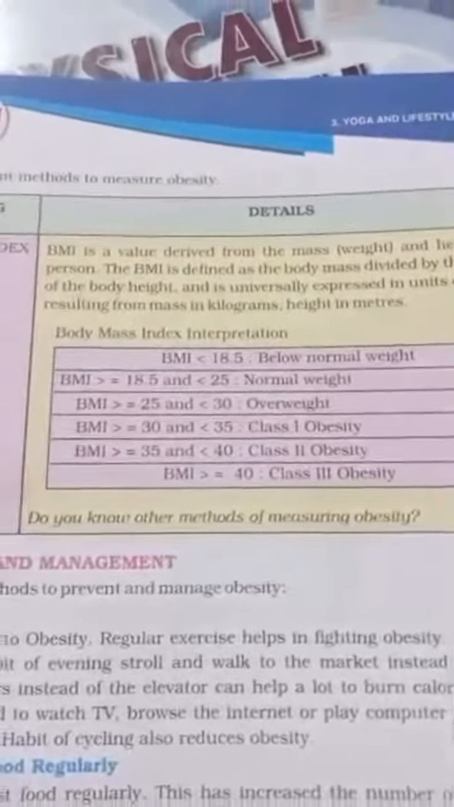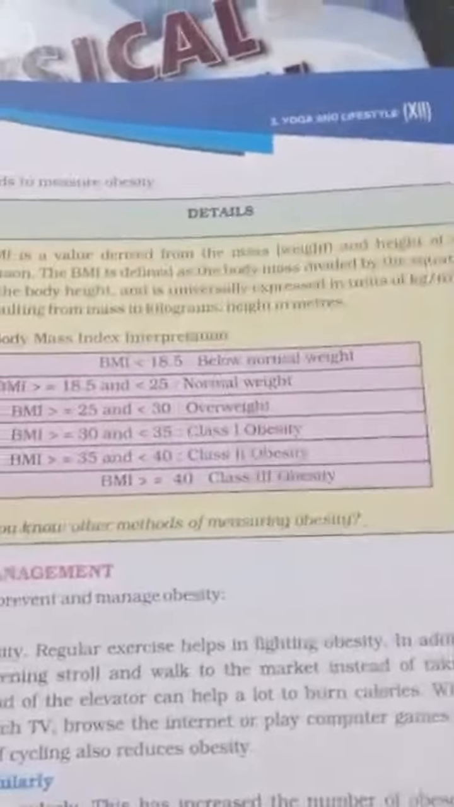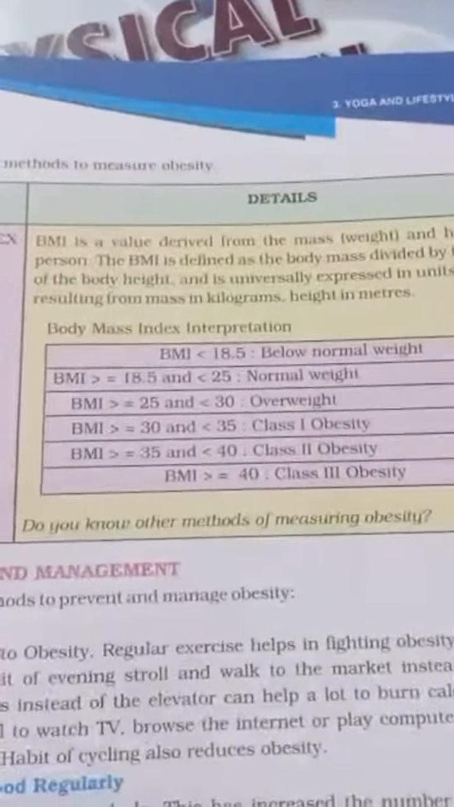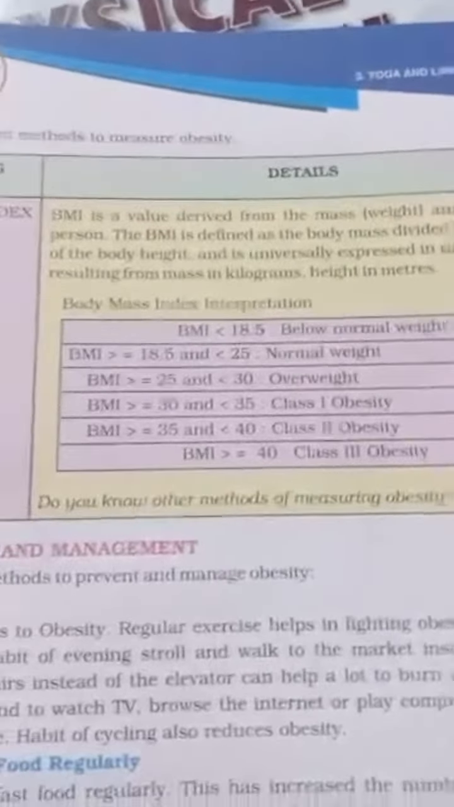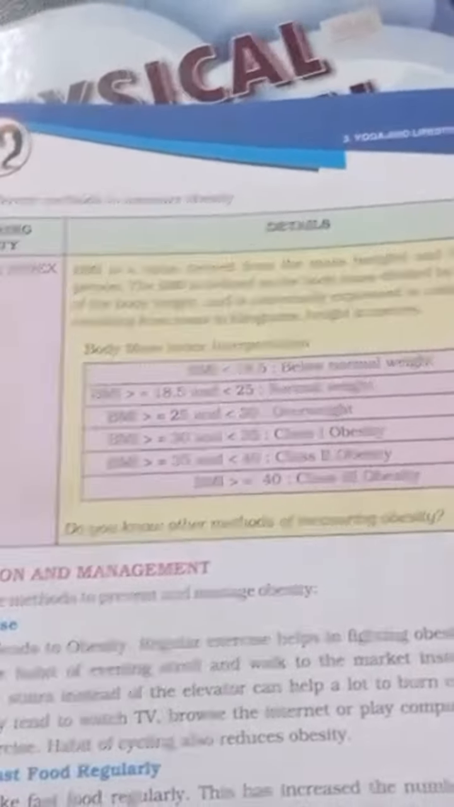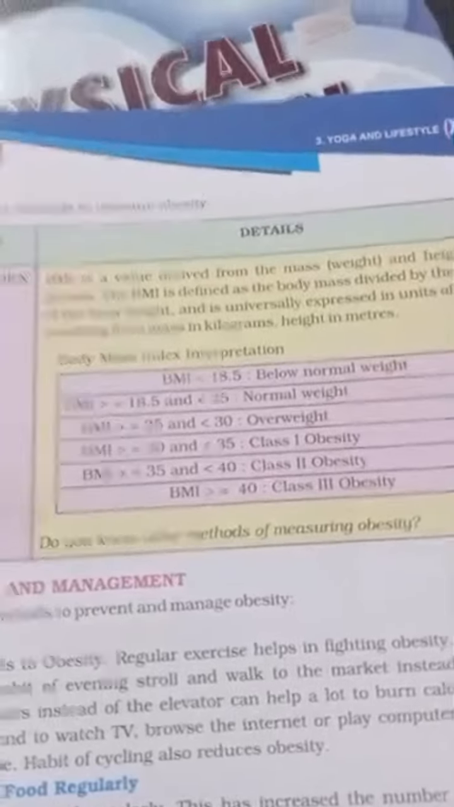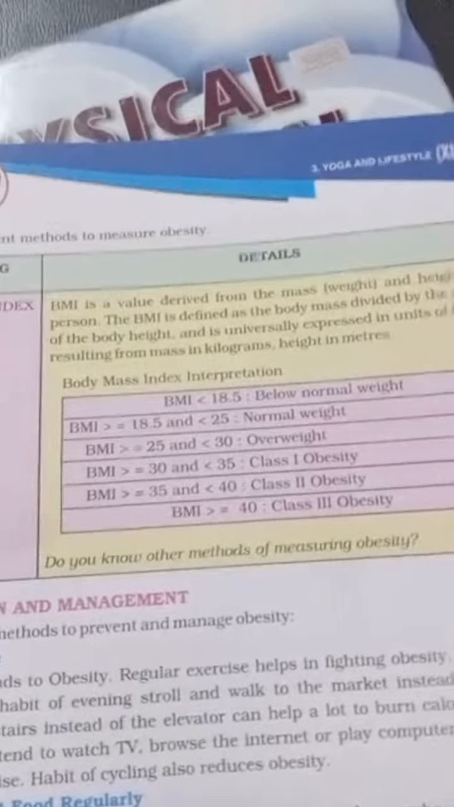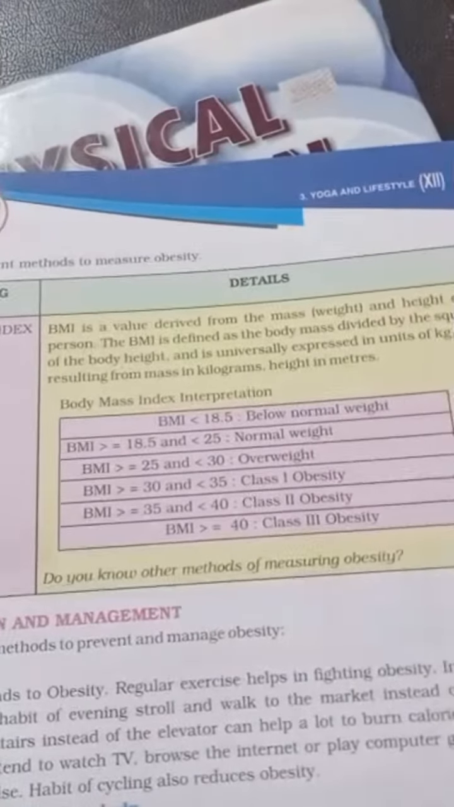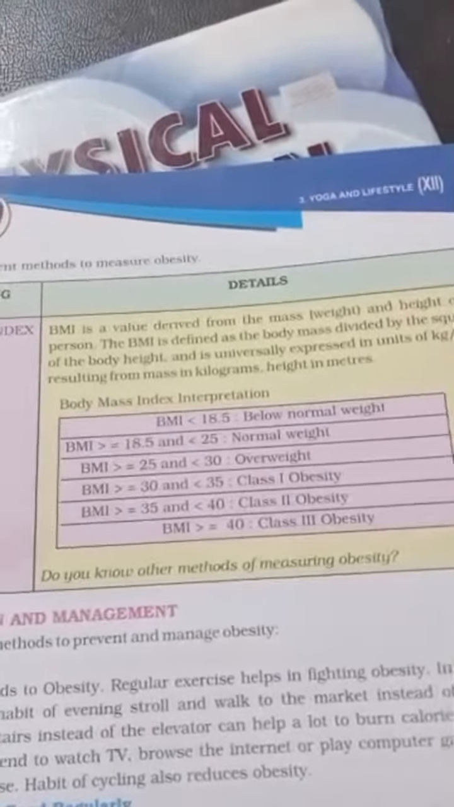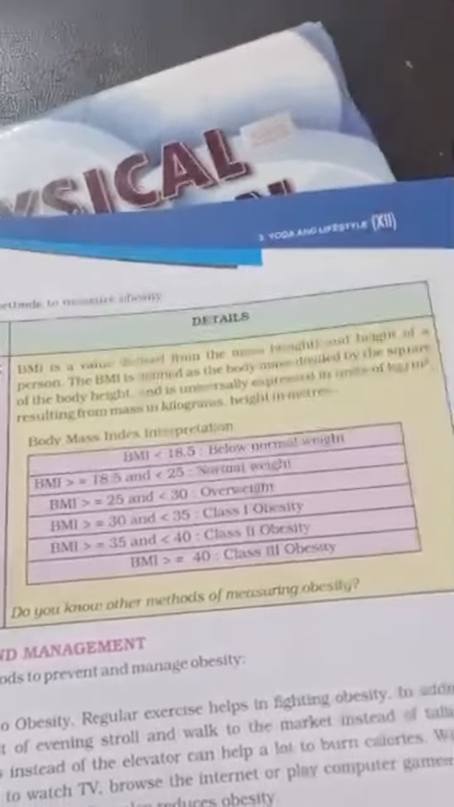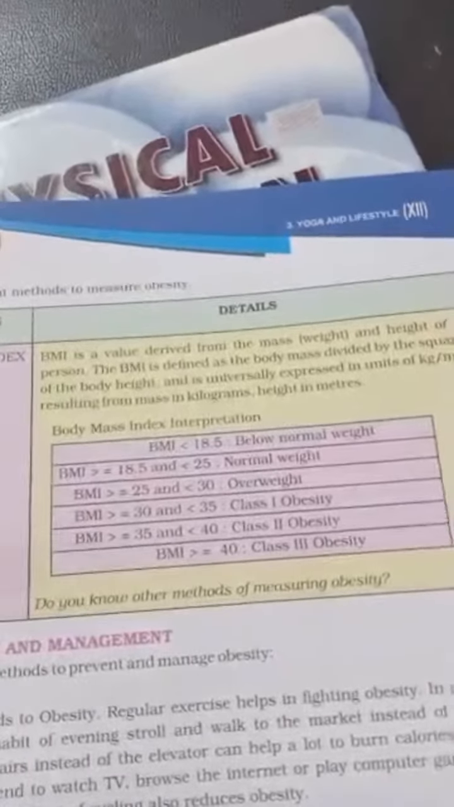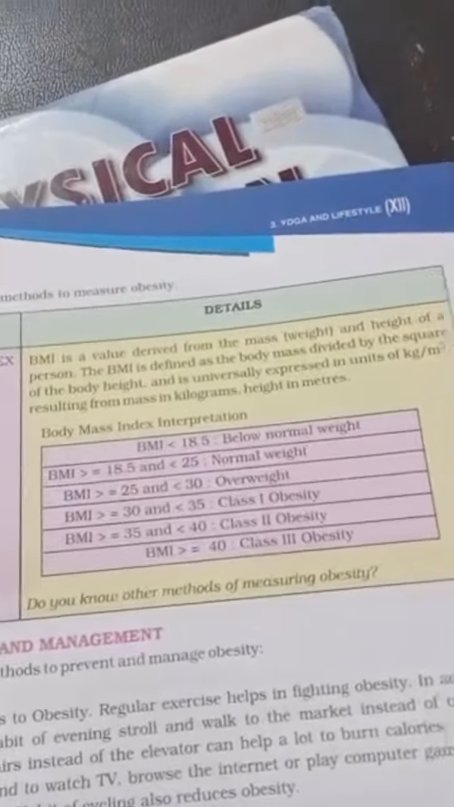So this is the body mass index interpretation. If your BMI is less than 18.5, you are below normal weight. If your BMI is greater than 18.5 and less than 25, you are normal weight. If you're greater than 25 and less than 30, you are overweight. And obesity is considered when you're greater than 30,